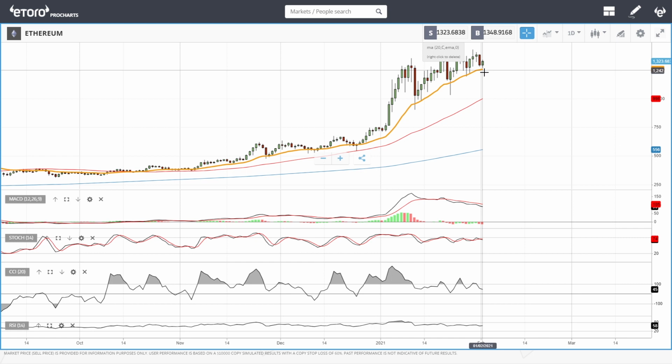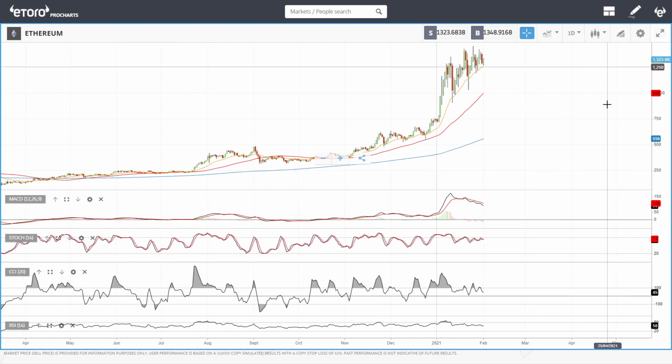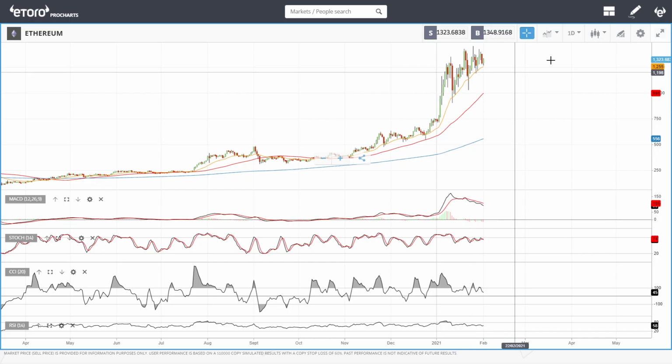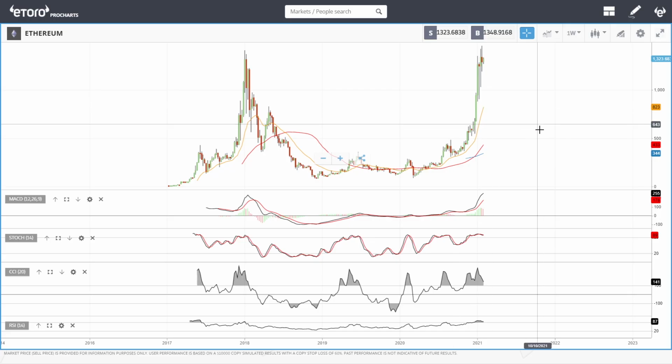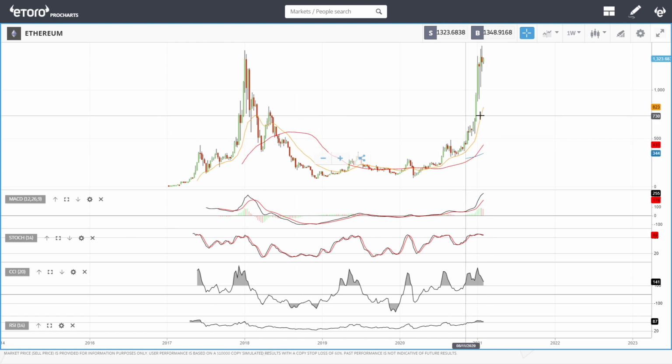So a break below the 20 exponential opens the door all the way down to the 50 moving average of roughly 1,000. So this is currently, on the daily chart, not overbought. It is not overstretched yet, but if you look at, for example, the weekly chart, you can see that we are significantly overbought. We are at the same area or price level as we were back in 2018, 2017, before we basically broke down. So it is almost a double top, you could almost say.